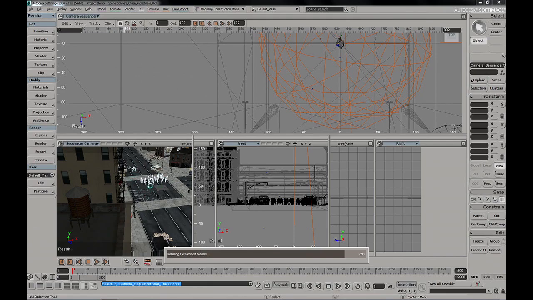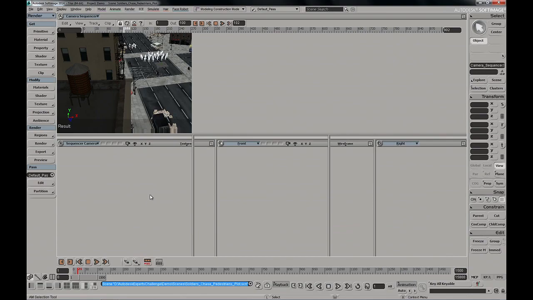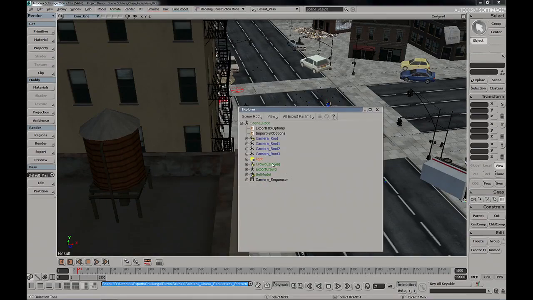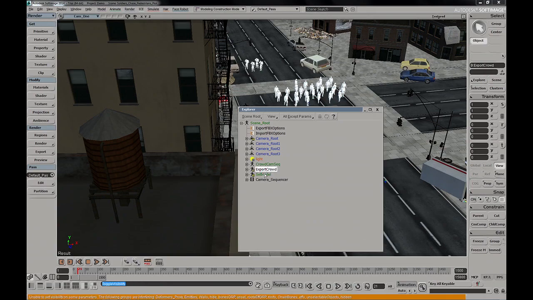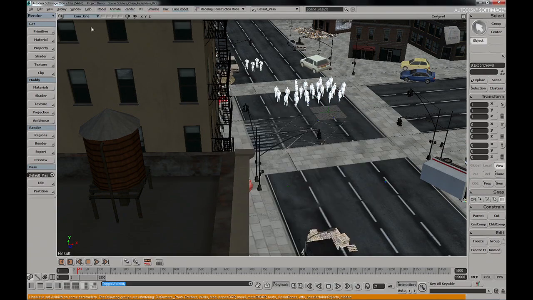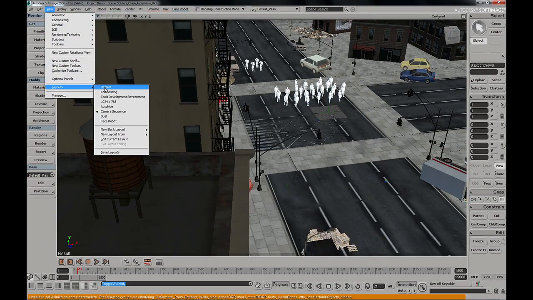This set's a lot bigger than I needed it to be, so it's actually loading in a lot of reference models that don't really need to be there. Okay, let's bring that in. Again, let's unhide the plotted crowd. Let's hide the actual simulated crowd. And I'll jump back into my